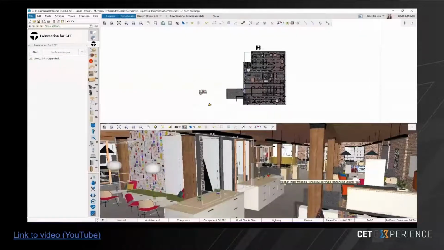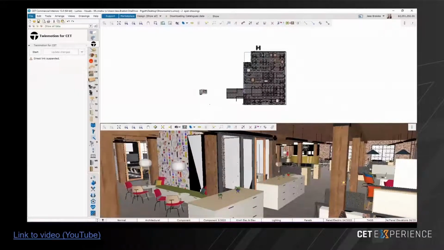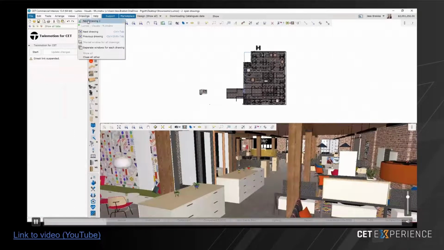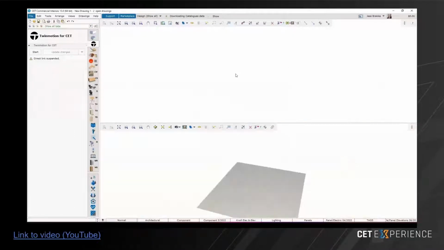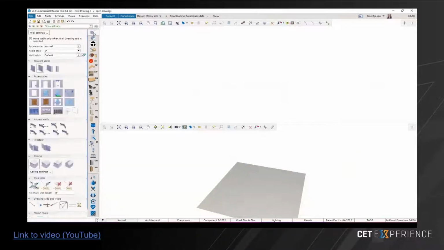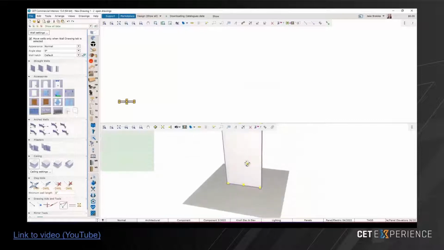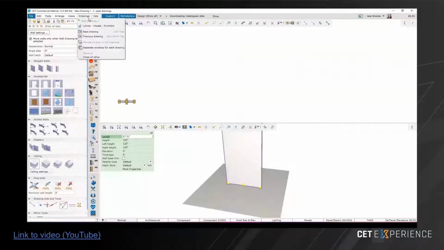All right, so as you can see, I've got a drawing here. I've been working in it for a long time, developing this whole thing, and it appears that it's in the center of my drawing. So what I do is open a fresh drawing with absolutely nothing in it, and then I grab a wall and place it directly in the middle of that beautiful gray carpet. Then I right-click and copy, and jump back into my drawing plan,